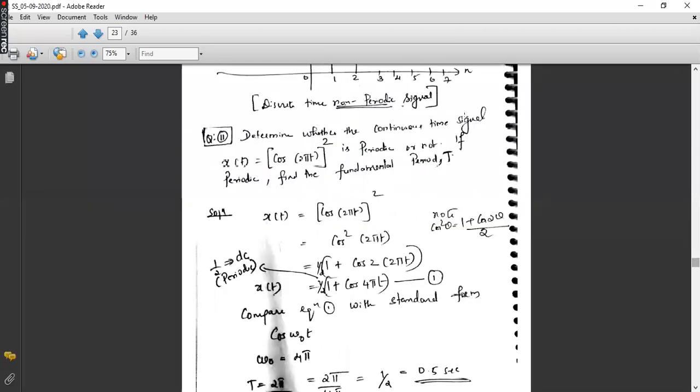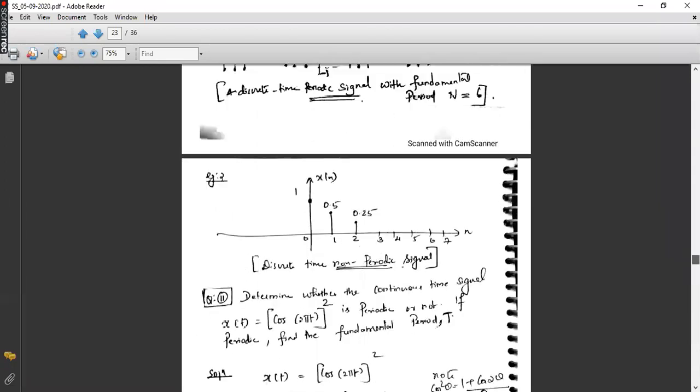Sir, do we have any uniform signal in this? Uniform signal in the sense, I didn't get you. Sir, like 1 is 0.5, 2 is 0.5, 3 is 0.5. Do we have like that? No, this is just an example. Suppose this pattern is again repeating, we can classify this as a periodic signal.